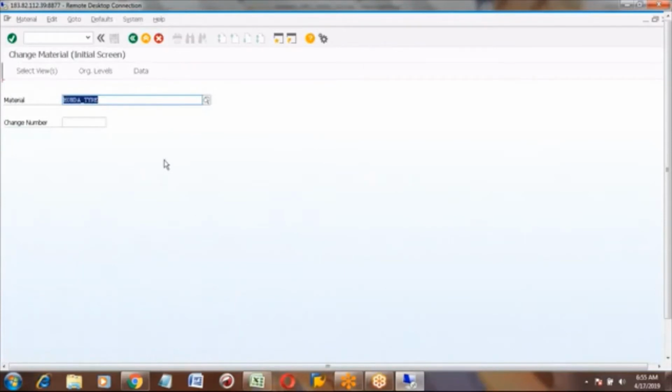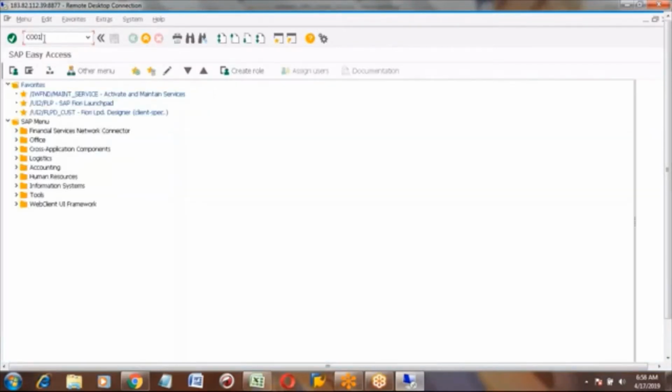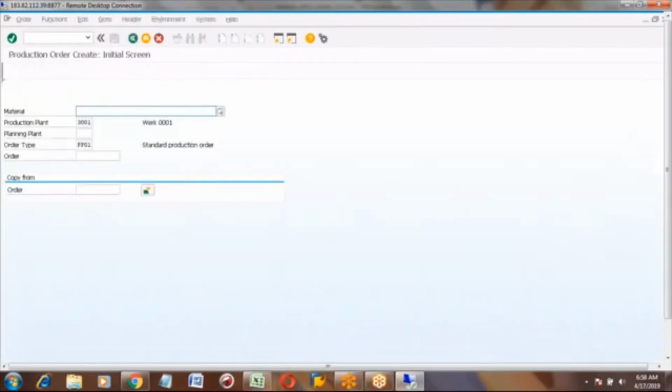Now I am creating a production order with CO01 for our material Honda car. Enter the plant and press enter. This is how to create a production order manually.